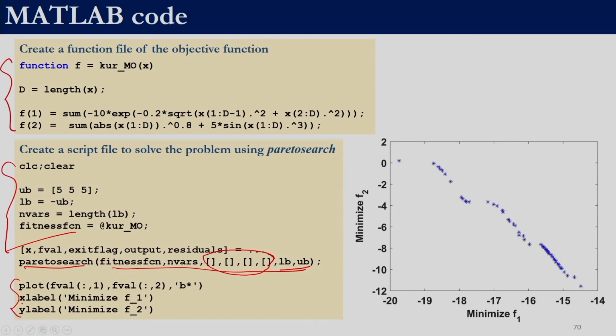So, this is the same problem. If you recollect the previous figure and look at this figure, you can see that they are not identical. So, the performance of Pareto search and the performance of GA multi OBJ would be different. Just like for single objective optimization, GA multi OBJ is also a stochastic technique based on genetic algorithm, so it has to be run multiple times. Every time we run it, we may get a different Pareto front. So, if we run it 10 times, we will get 10 Pareto fronts.